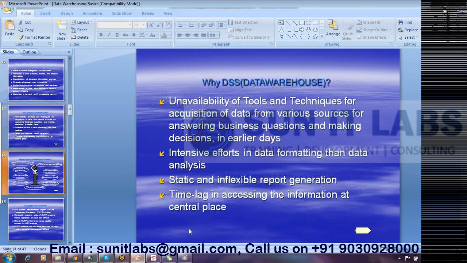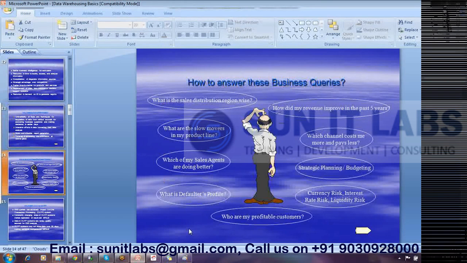The other thing is about what kind of analysis will be carried out. So far we were talking about how the data warehouse is used for analysis. What kind of questions will be answered by your data warehouse? We have different questions which will be answered by the data warehouse here. So let's say as a sales manager,